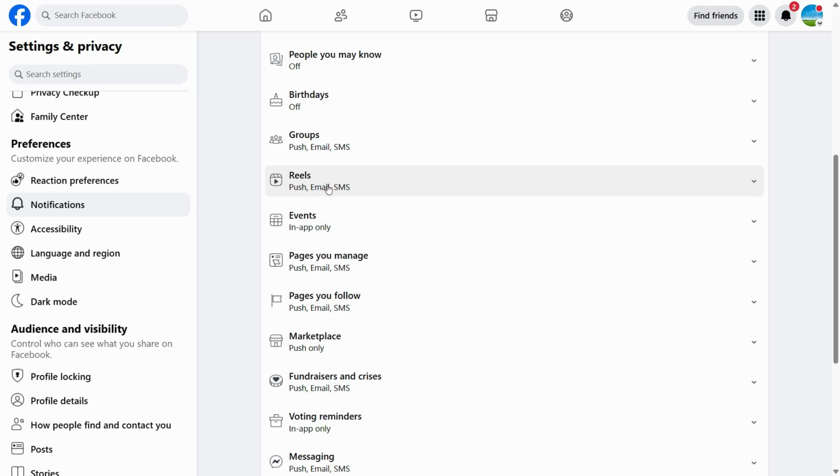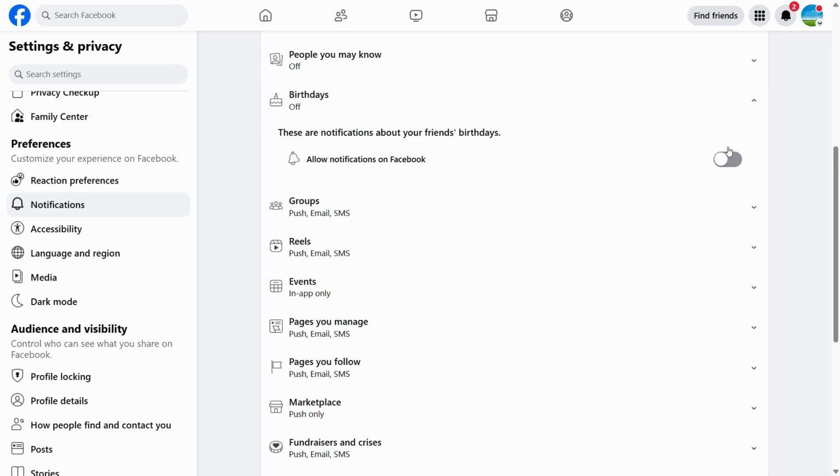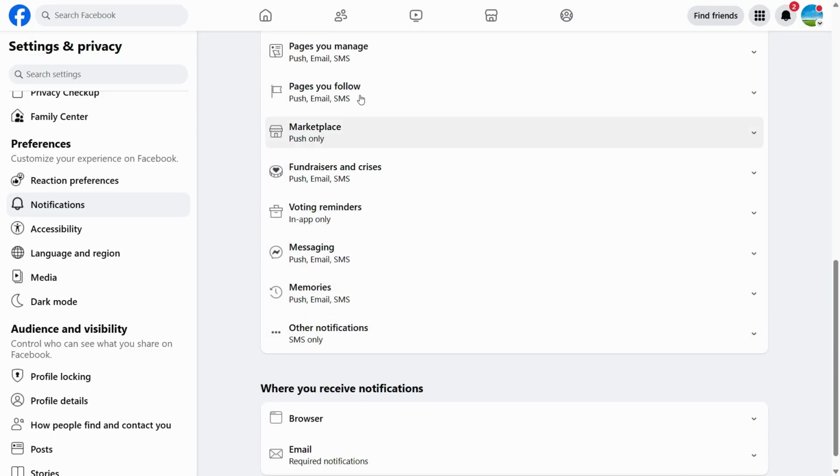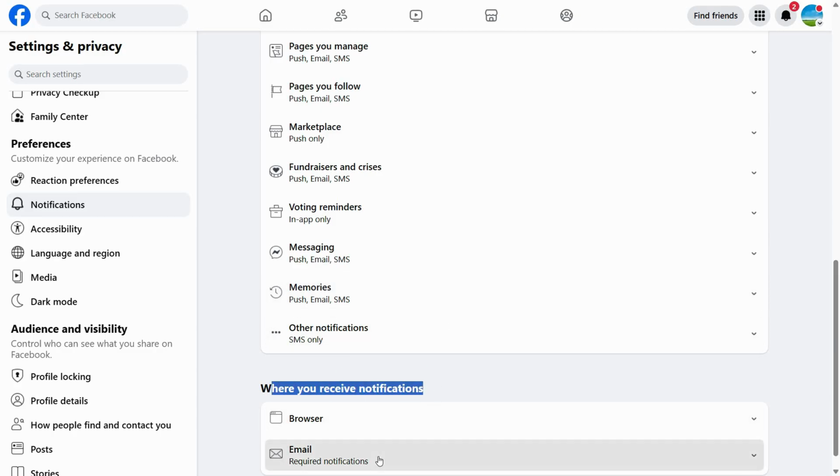So let's say that you want to turn off just the Reels notifications. You can do it here. You can disable the birthday notifications or turn on the birthday notifications. So we can do it here, but let's say that where you want to receive notifications, if we scroll down,